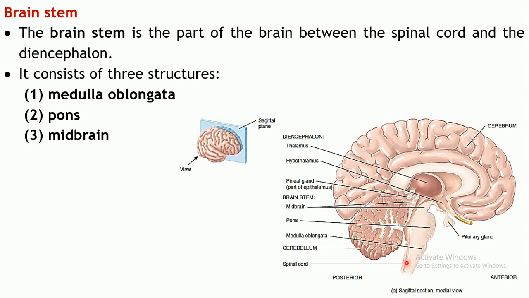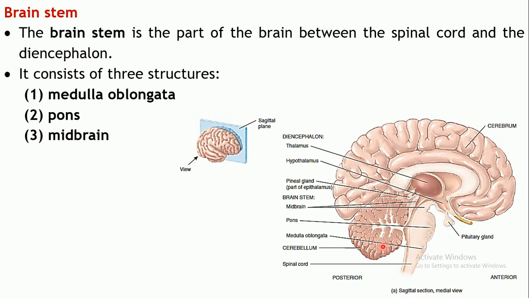We have seen that there are two parts of the CNS, the spinal cord and the brain. We have considered the spinal cord in detail. This is the spinal cord, which passes through your vertebral column. We have seen the external and internal anatomy, protective layers, and also covered the functions of the spinal cord. It mainly has an integrative function in the form of reflexes, and also propagation of impulses, conveying impulses from the periphery towards the brain.